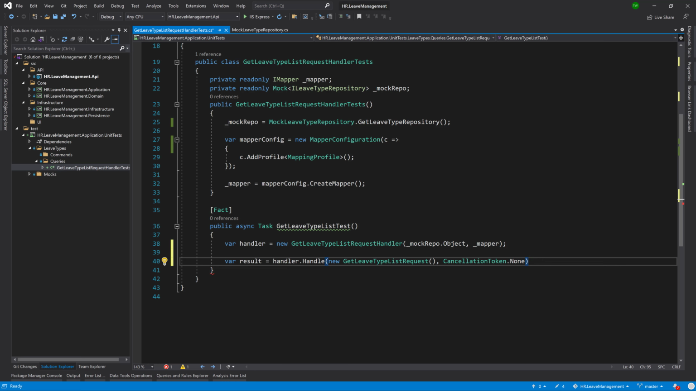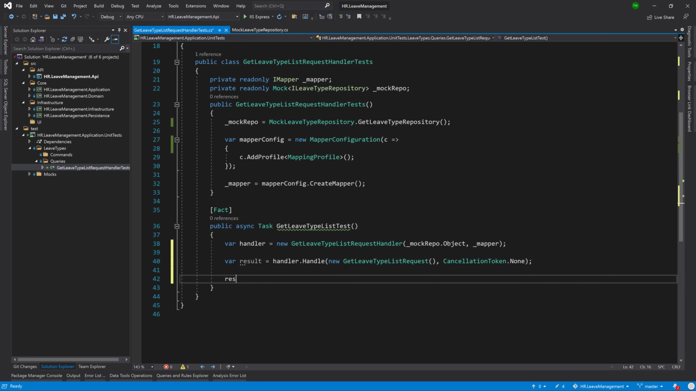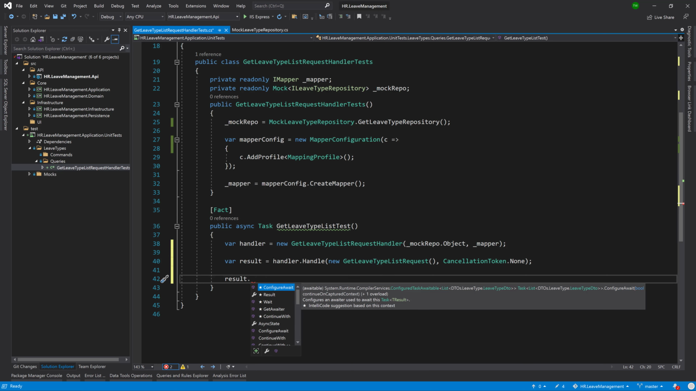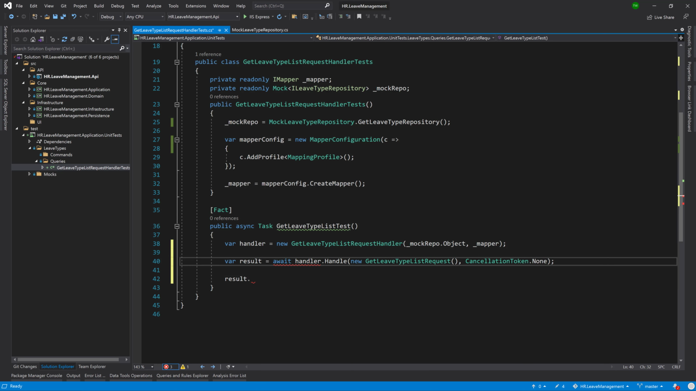There we go. So we're just saying call this. We're not passing any cancellation token in. We're passing in that new object. So we don't necessarily have to mock this. Mock is really just for the data. All right. Now we can say result. And if you look at the data type for result, oh, well, we need to await this. Apologies. If you look at the data type for result, it is actually